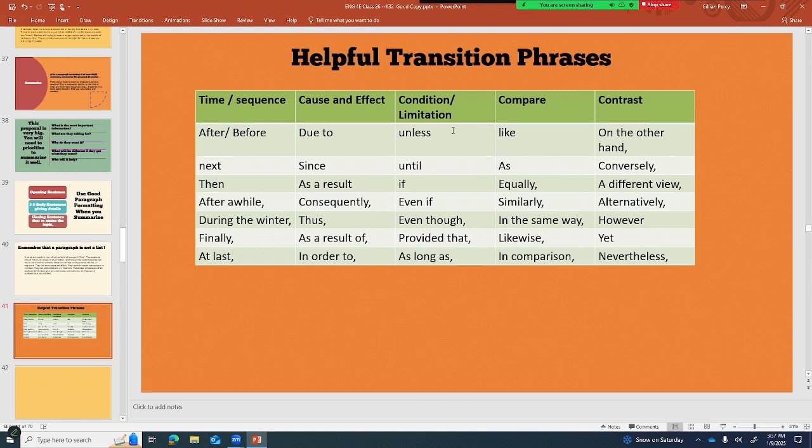Conditions or limitations: unless, until, if, even though, provided that, as long as. Comparisons could be like or as, or other words like equally, similarly, in the same way, likewise, in comparison. You can also show contrast with phrases like on the other hand, conversely, a different view, alternatively, however, yet, nevertheless.